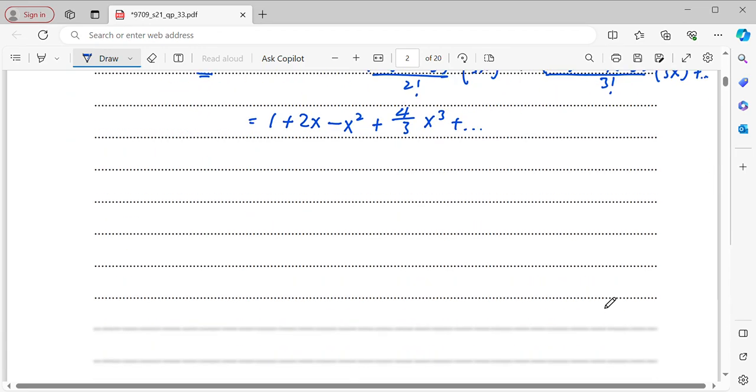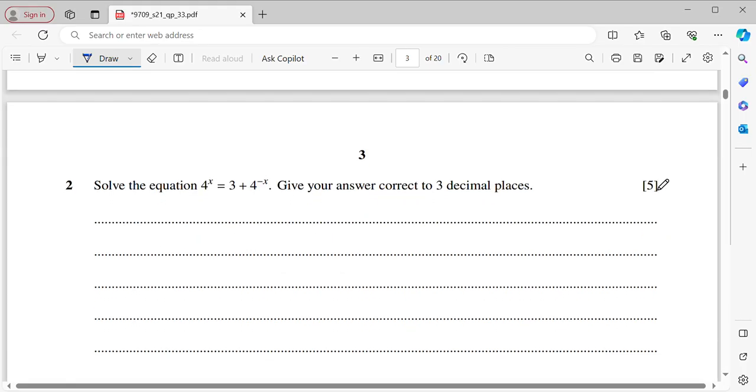Now, question number 2. Solve the equation 4^x = 3 + 4^(-x). Give your answer correct to 3 decimal places. So I will rewrite the question,